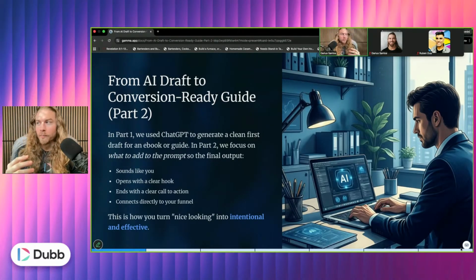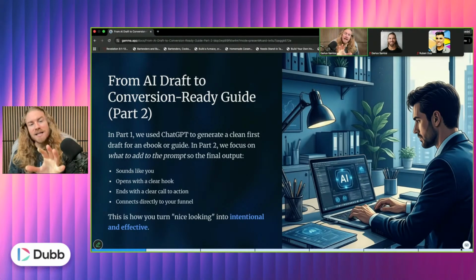If you don't want people to get the next guide, right? You probably don't want that. They've already gotten a guide. So what you want them to do is maybe book a time, maybe make a purchase, maybe a direct call. So that's how we're going to take a look at this and make sure the resource fully connects to your funnel,